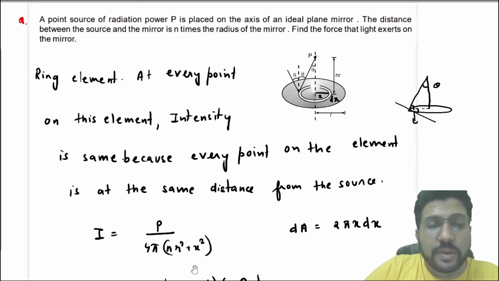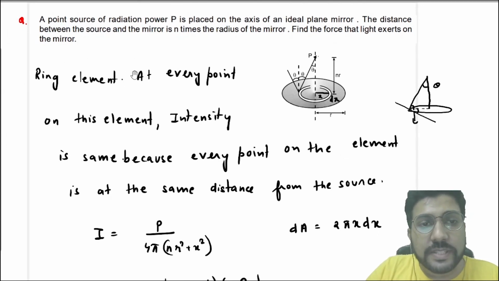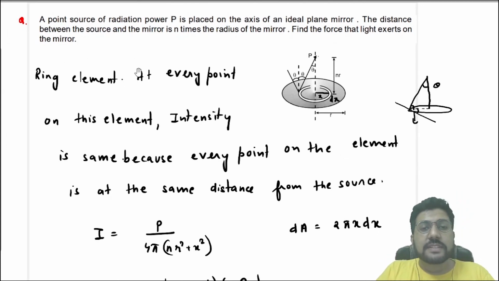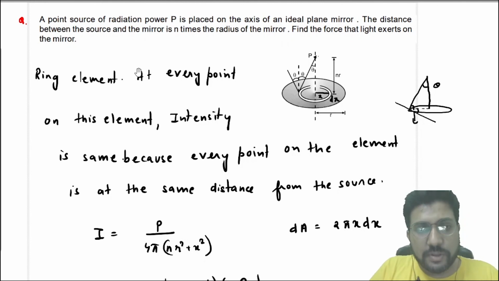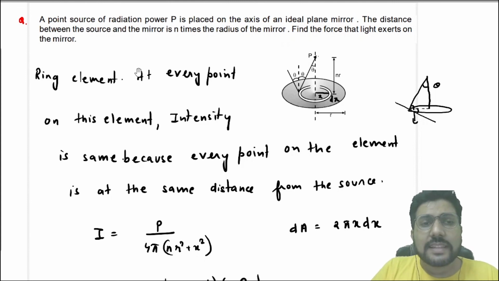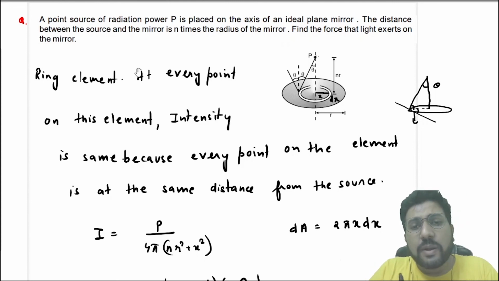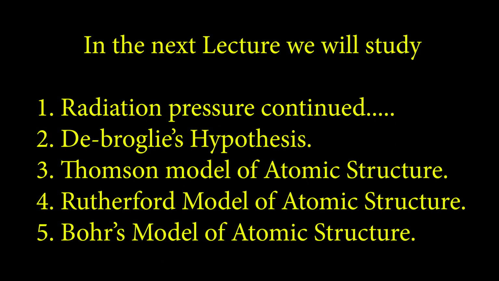All right. Okay, then today I will teach only up to this. So today what we have discussed is some questions of photoelectric effect and the force due to radiation. All right. So in the next class we'll start with de Broglie's equation, or you can say dual nature of matter.